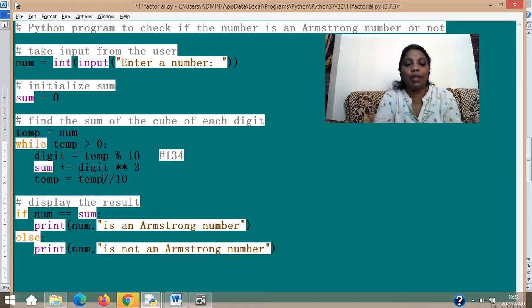So now digit 1 will be there, and 1 cube is found out, and 1 cube will be added with the already stored sum value of 4 cube plus 3 cube. So that's done. Now 1 by 10, I already told, when you divide 1 by 10, the quotient will be 0 and the remainder will be 1. That means you cannot divide it, so definitely you will put a 0 on the top. You remember, then only will you go for a division. So now temp is 0. That is, the quotient of 1 by 10 is 0. The remainder of 1 by 10 is 1 itself.